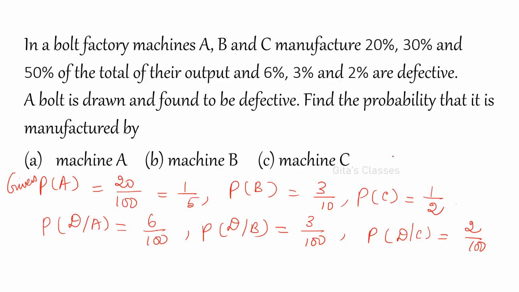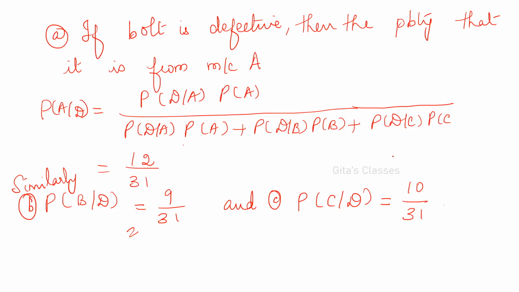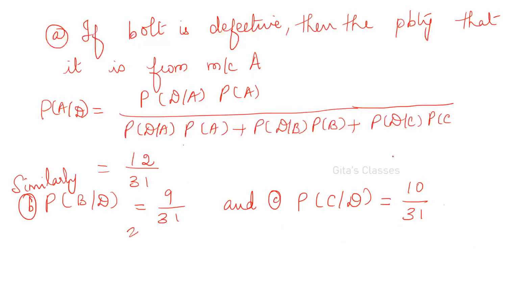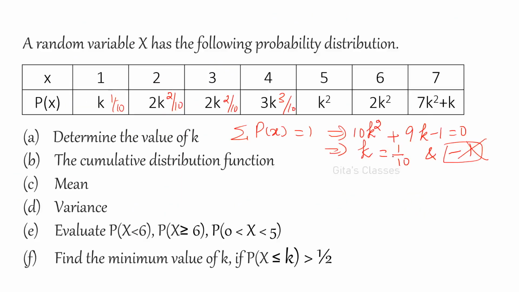In a Bolt factory, machines A, B, C manufacture 20%, 30%. These kinds of questions you can expect. This is using Bayes theorem. Last time in COSM, only two machines, with two machines only they have given one question. So two variables only they have given, so that was easier than this. If you are thorough with these things, you will be able to answer. Then actually here they asked for the probability that it is manufactured from machine A separately, machine B separately, machine C separately. Even one also you can expect.